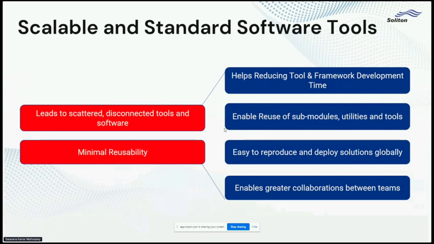Whereas when we build a standard software, that will help us to reduce this software framework development time. So the framework is built in the beginning, and now all the modules like test modules or machine modules are built as plugins. So it reduces the total framework building time. It's a one-time development effort, right? And all the teams can reuse it, and it is okay for them to build only the sub modules or measurements, right? And also they can reuse the sub modules built by the different teams.